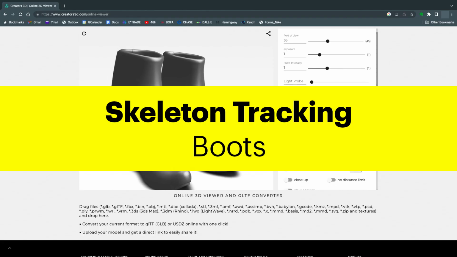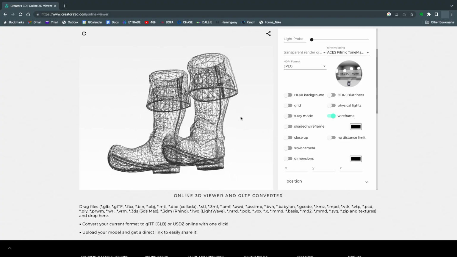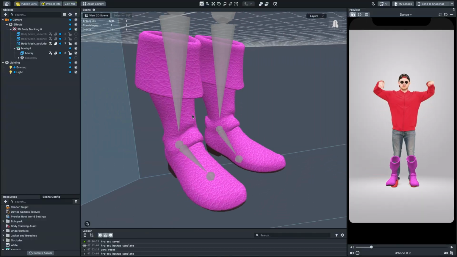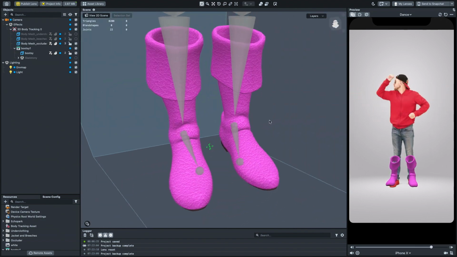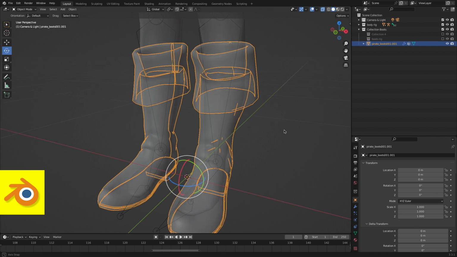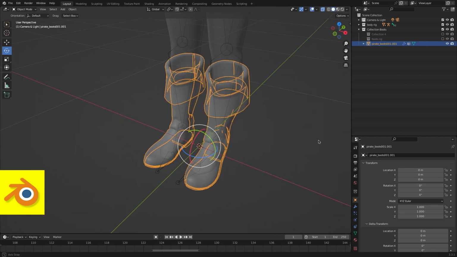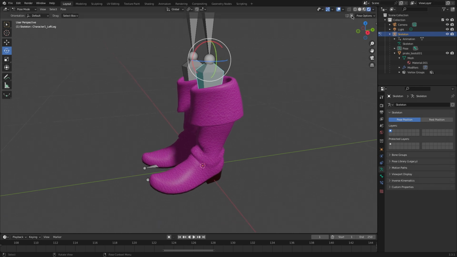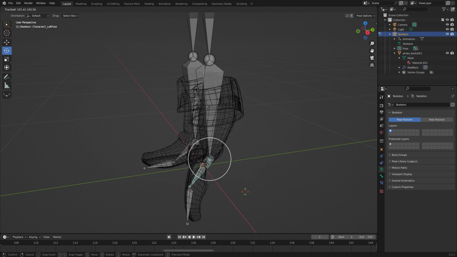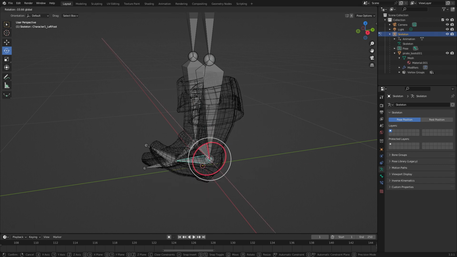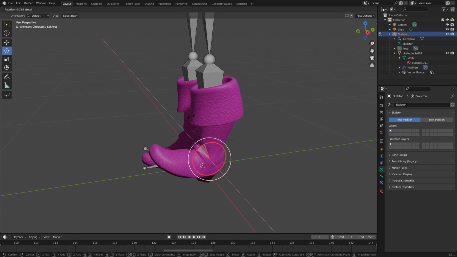Boots tracking with attachment points. For the pirate boots, I used an older tracking method, which has been available for a couple of years now and was introduced in Lens Studio version 3. This method requires rigging the mesh in an external 3D tool such as Blender. This is not as easy as the external mesh method, which automatically does the rigging for us within Lens Studio. But for the boots specifically, I found that I'm getting more robust results.